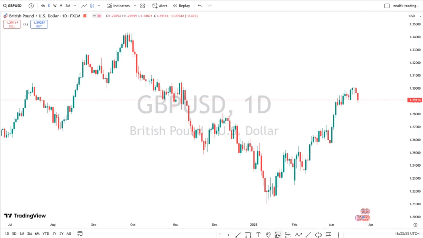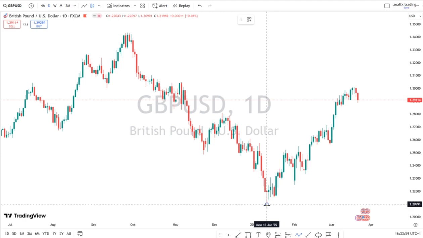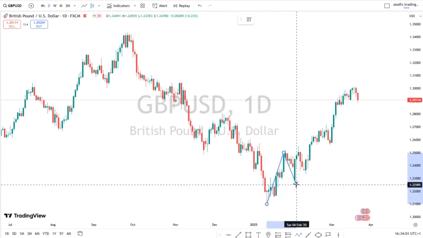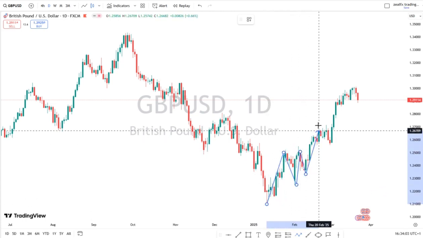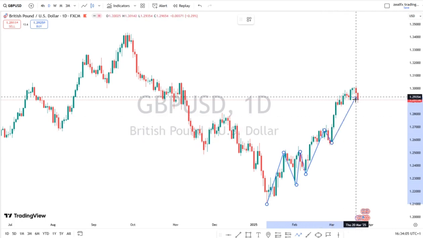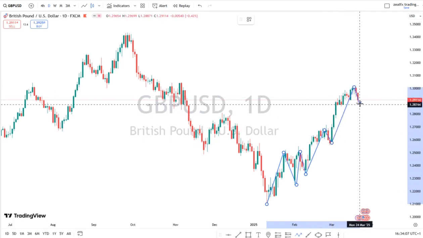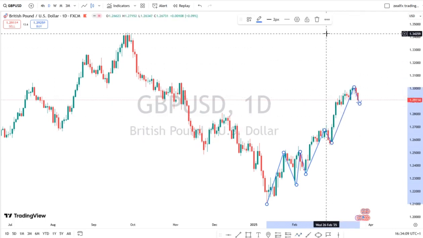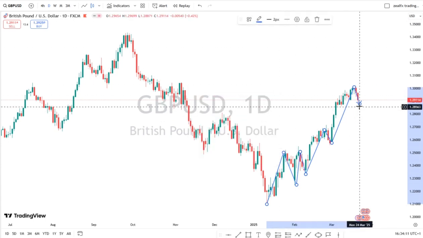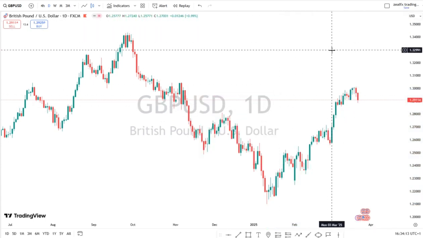GBPUSD on my daily chart still remains in an uptrend. We see a series of lower low, higher low, then another higher low. So long as we have these higher lows, the GBPUSD still remains in an uptrend. So long as we see this uptrend structure on the daily chart, we expect the GBPUSD to continue to push